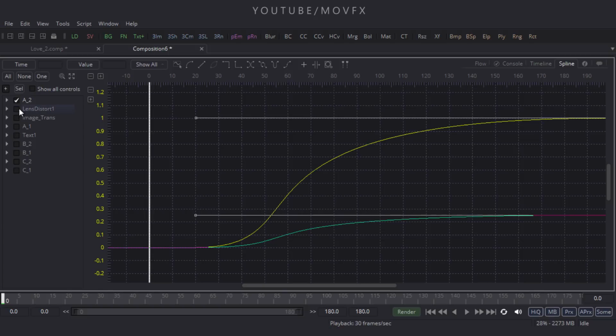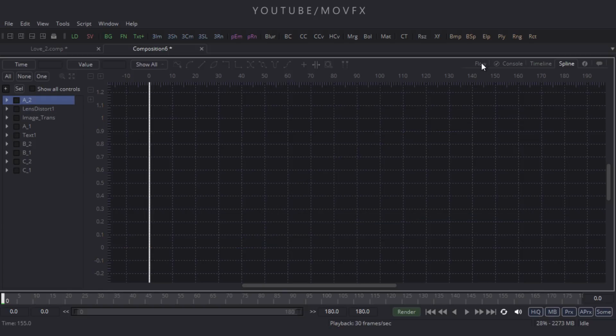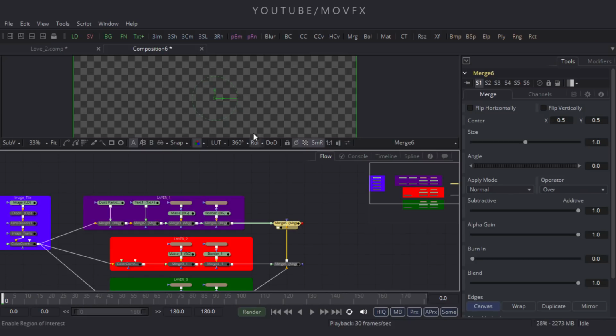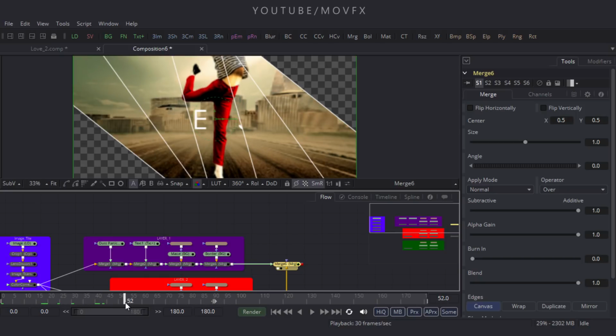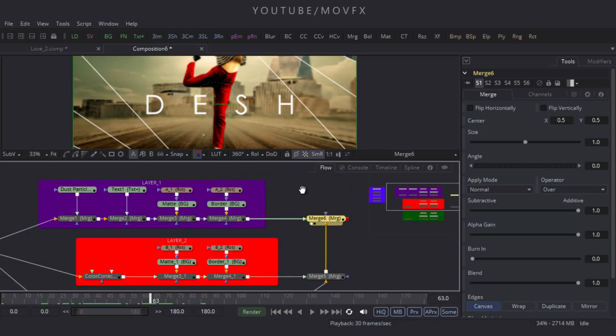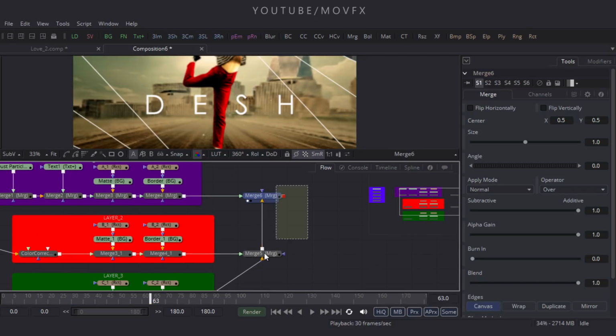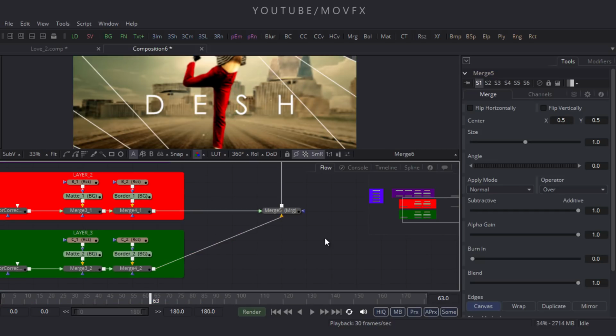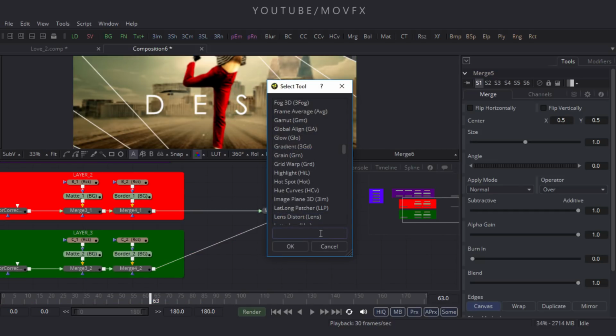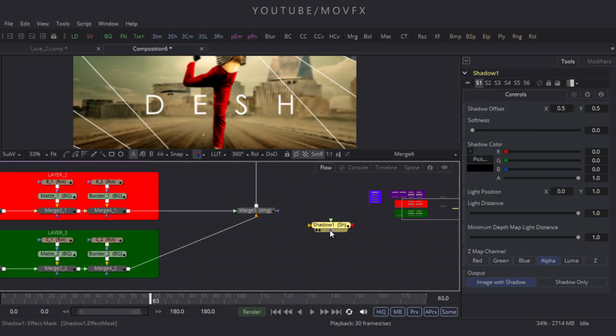Now uncheck this and go to the flow window, press F4 and let's check this. So now it's looking something like this. Okay, now let's add a shadow node. So press Shift plus the space bar for the search box and search for shadow. So this is our shadow node, click on OK and press Shift and attach this shadow over here and drag